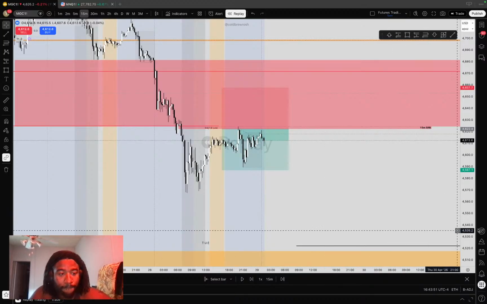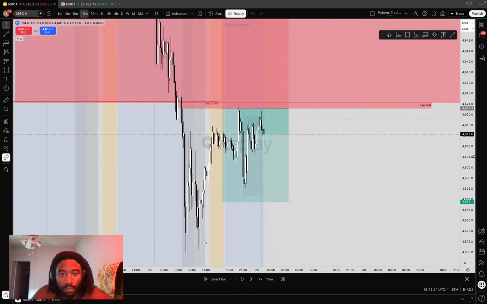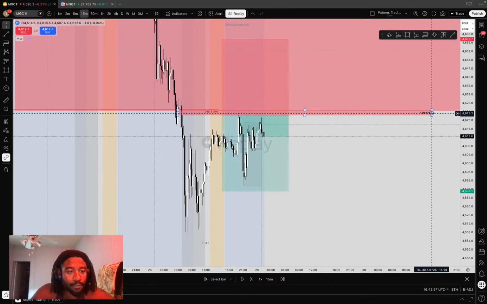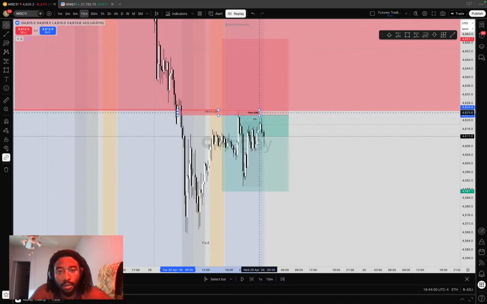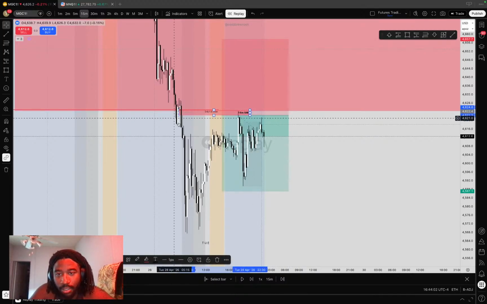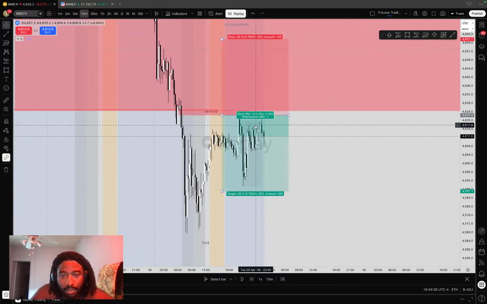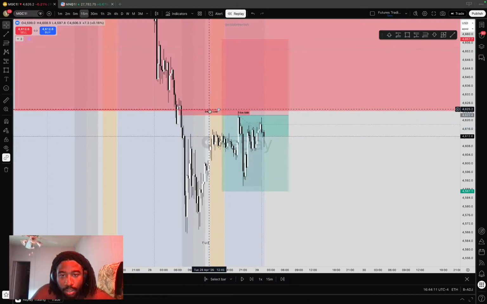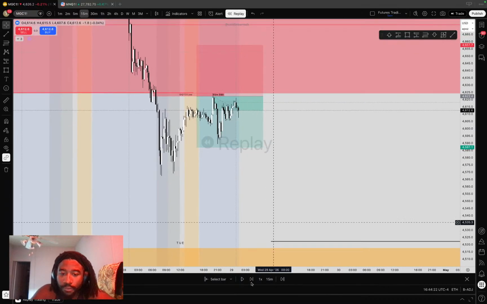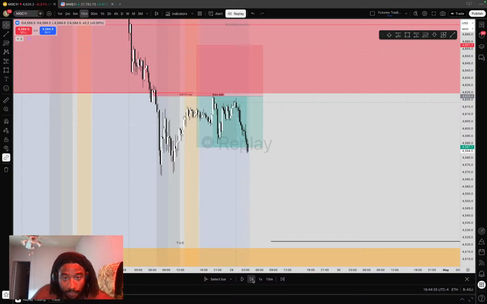That being said, we had that balanced price range that we labeled, but we forgot about this 15-minute SIBI that we labeled here after it formed the balanced price range. So it got all the way up here at that 15-minute SIBI at the 413 low, and it created a valid SIBI after creating a balanced price range. Now, if you were a super advanced student, you could have taken that trade. If you're ICT himself, he probably would have seen that and taken this trade, and been able to see, yeah, we're in,